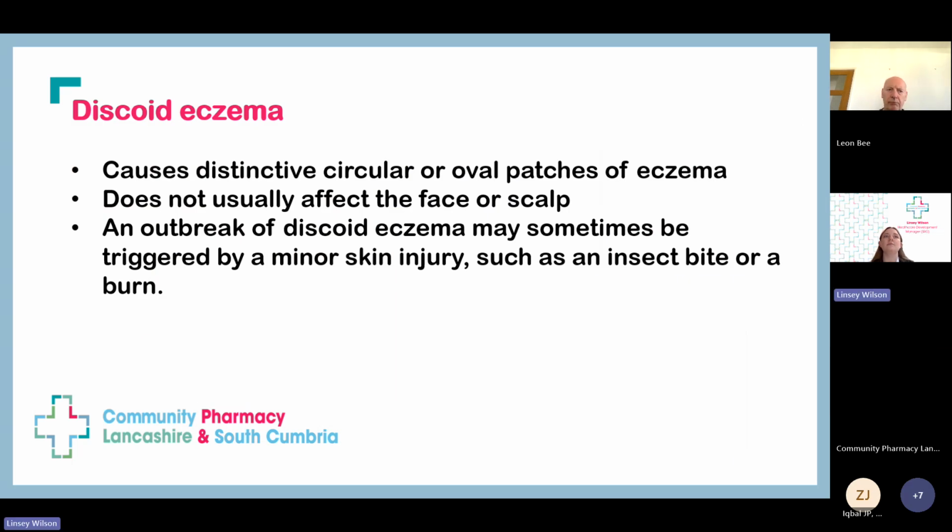So on to discoid eczema. It is more distinct really than our atopic eczema in the sense that it comes in circular and oval patches. The first sign is usually a group of small spots or bumps on the skin, and you usually find that parents say, "Oh, yeah, I've just been keeping an eye on it," but it is progressing. They then quickly join up together and form these larger patches. They can range from small patches, a few millimeters, to several centimeters in size, and it does tend to happen quite rapidly,